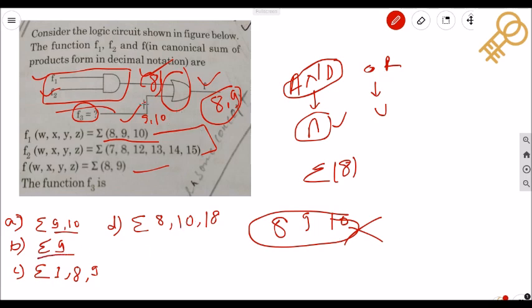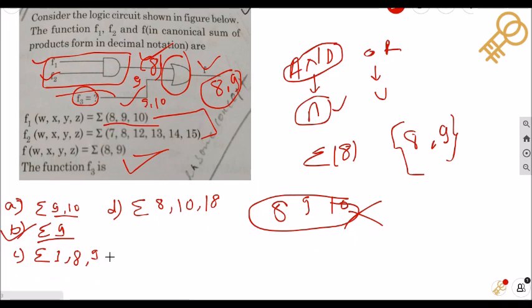If you take the 9 here as an input for this node, then you'll get the final output 8 and 9, right? 8 and 9. So the final answer for this whole logic is 8 9 only. So this is our correct option. You can check for the C and the D also. You will not get 8 9 as an output for this whole logic gate. So our option is B.